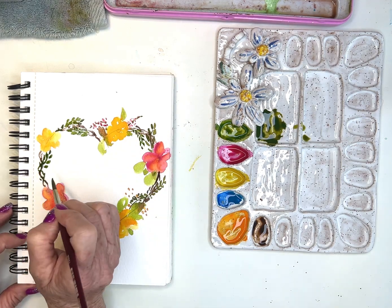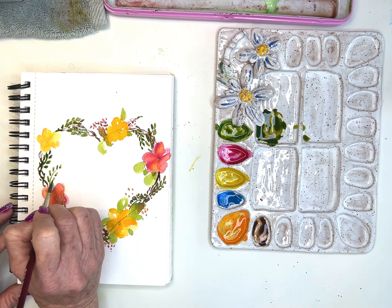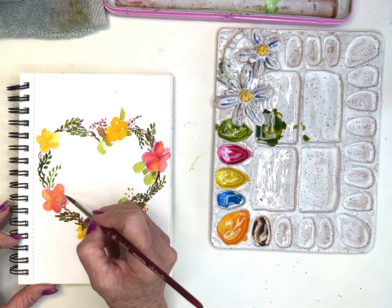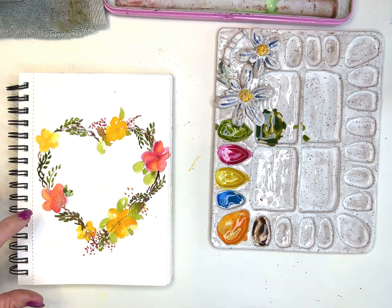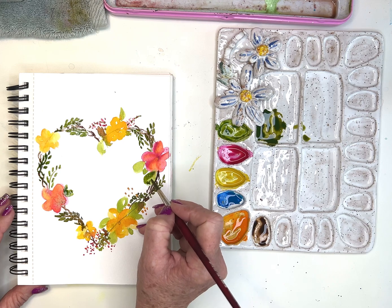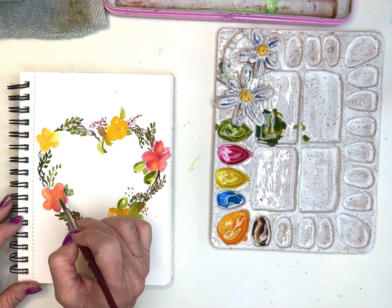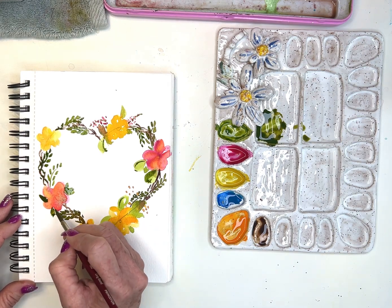Perfect little leaves. Dab, dab, dab, dab. Like that. Isn't that fun? We could have some little leaves coming out of these flowers. And vary your leaves. So you don't want all the leaves coming out the same amount, right? Some of them are going to be a little longer, a little shorter. So keep that in mind. Some might just be peeking out. Some might be bigger,